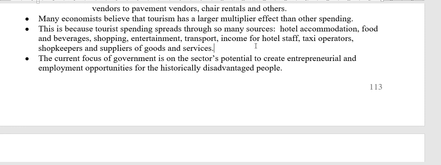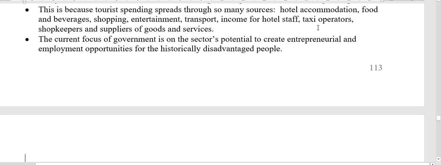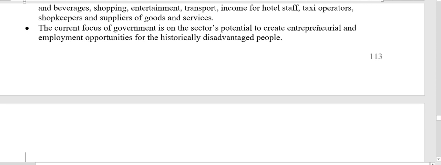Jobs are created at hotels and other forms of accommodation. Jobs are created by restaurants and shops and entertainers and transport, taxi drivers, hotel staff, the cleaners, the receptionists, the cooks in the kitchen, the waiters in the restaurants, taxi operators, shopkeepers, the farmers. They can employ more farm workers because they are planting more, because we need to supply the restaurants with food for the tourists. Okay, so the focus in tourism currently is for the government to